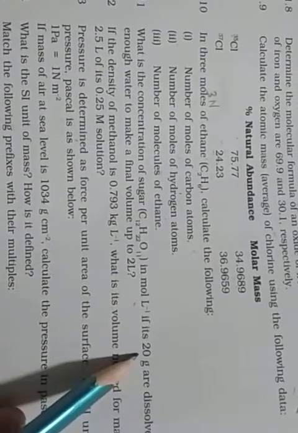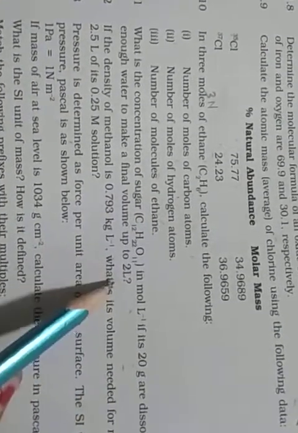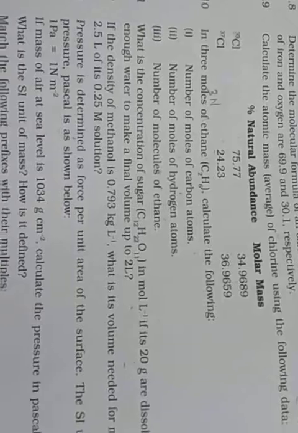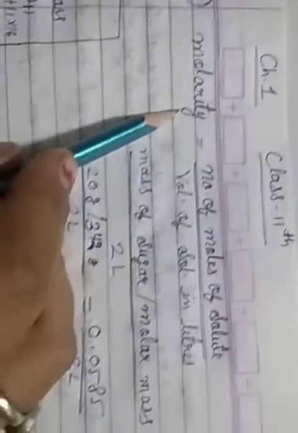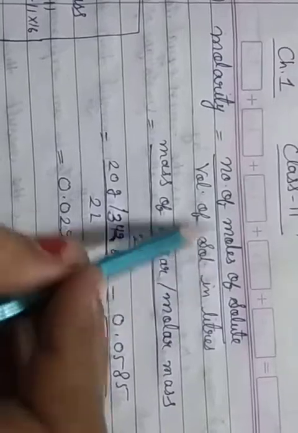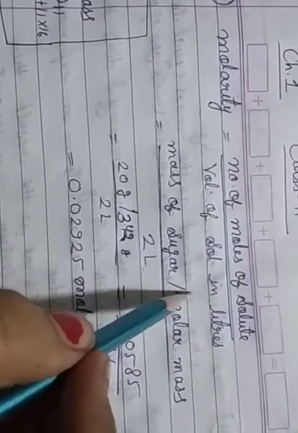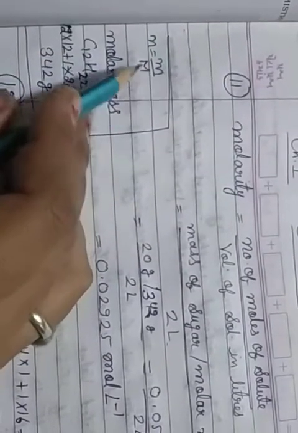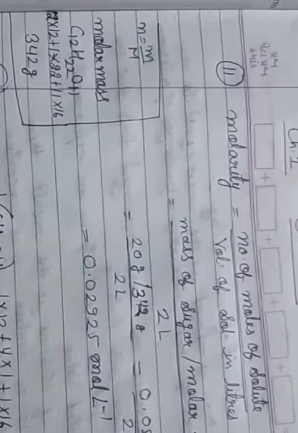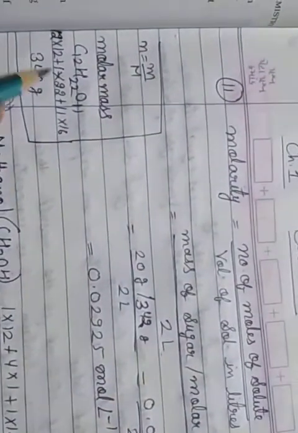So that means volume given and mass given. So according to the mass upon volume, molarity we have to find. So the molarity formula is molarity is equal to number of moles of solute divided by volume of solution in liters. So number of moles is equal to small n is equal to small m upon capital M, that means given mass divided by molecular mass, and molecular mass of the